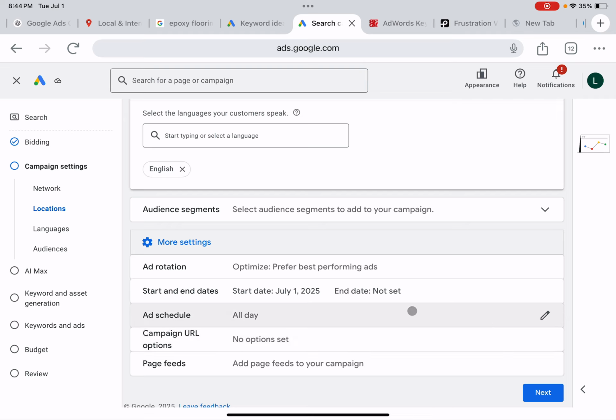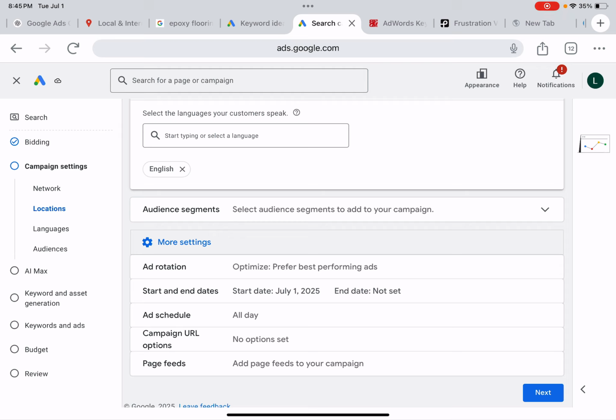All right. So now here you'll see more settings at the bottom. You want to keep that there, keep that there. For your ad schedule, you want to make sure you're running your ads when you have somebody ready to answer the phone or ready to call the form leads. You don't really want to have your ad on 24/7. Some people do. If they want to call the form leads in the morning, that could be an option as well. But you want to make sure you're calling these form leads and having somebody on the phone right away,